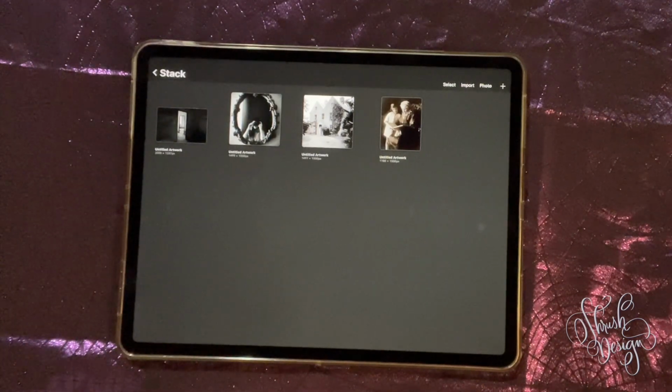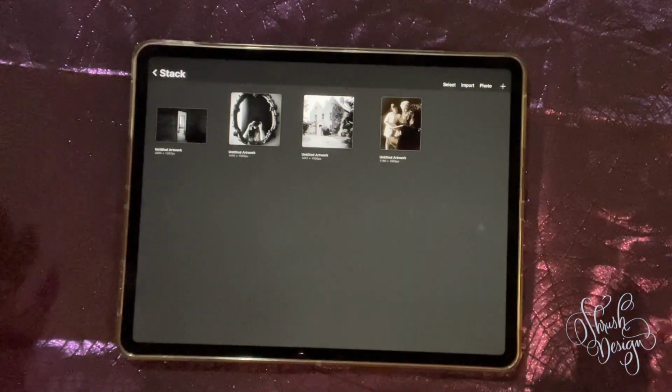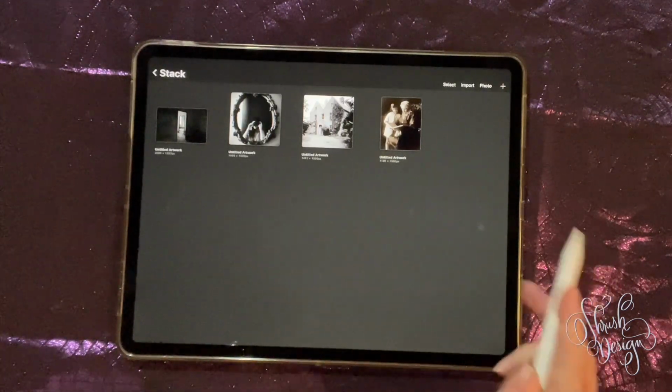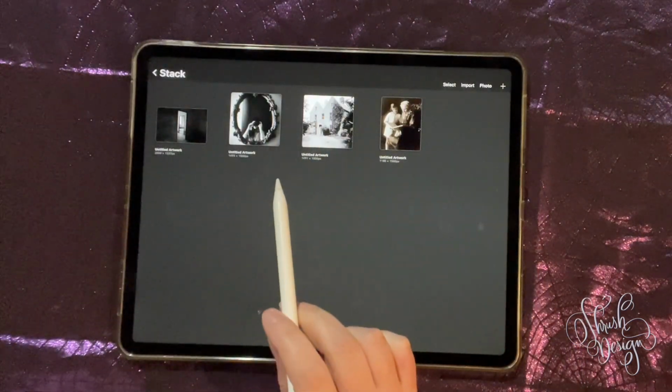Alright everyone, so we are doing digital ghost paintings. So again, if you haven't heard me talk about this before, there's a trend going around where people buy a painting in a thrift store, or they have an old painting in their house, and they kind of paint little ghosts or whatever else you want over it. It's mainly a Halloween trend, but you can do it for any time of the year if you want. So I'm doing a digital version of that on Procreate, and these pictures that I have here I actually